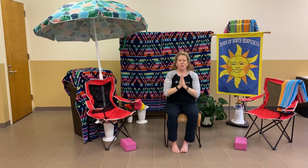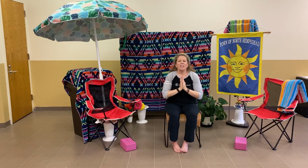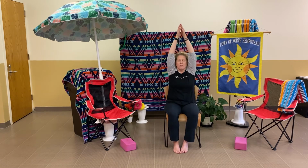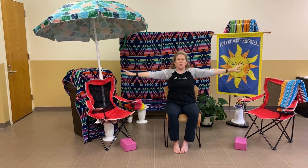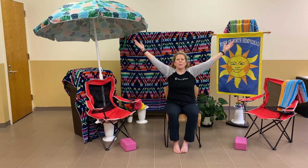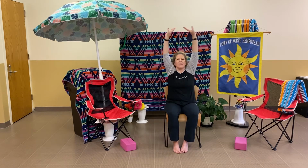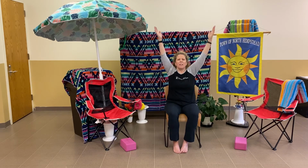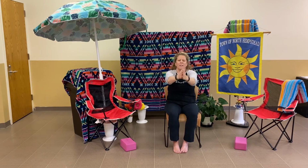And lower the hands to heart center. Let's take a nice full positive breath in here. And a slow exhale as we come toward the end of this practice. So let's inhale the hands up. Palms facing down, lowering down, and inhale the hands up, nice and slow. Exhale, lowering the hands down, and inhale, bringing those hands up again, nice and slowly, palms and fingers together, and